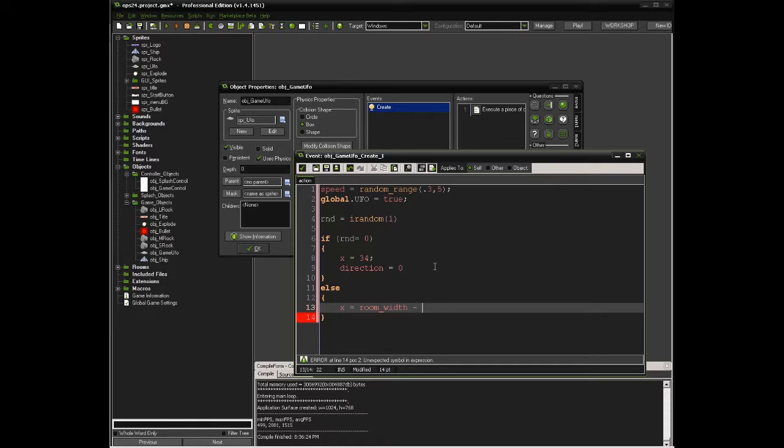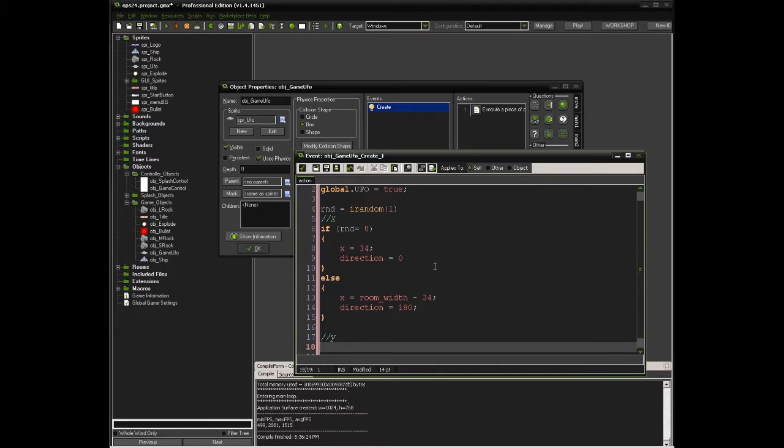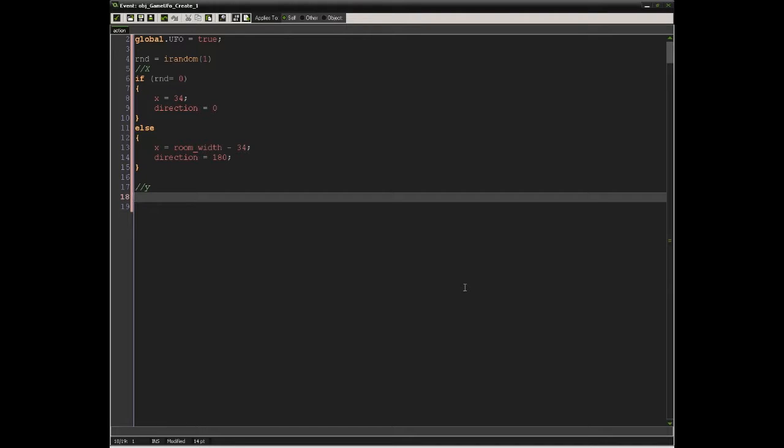Room width minus 34, and direction equals 180, because the direction of 180 is left. And that's for the X. Okay, I'll just leave it like that. Here's the Y. Let's open it up. Gotta get used to that. Okay, Y equals